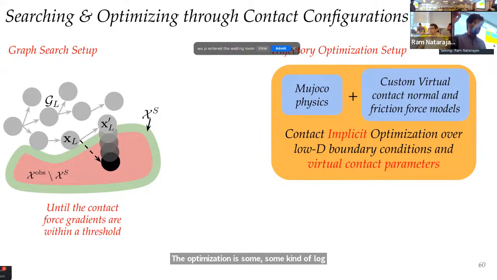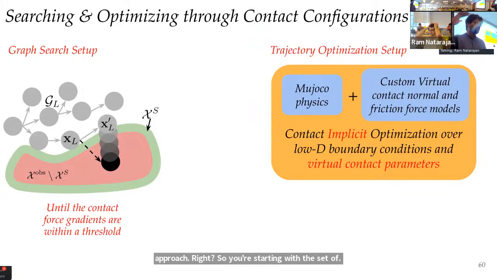And basically the optimization is some kind of log barrier style approach, right? So you're starting with the set of parameter values that help you converge earlier on, but then you're also optimizing for the value of the parameter simultaneously, so you're penalizing them to drop. Yes, yeah. Okay, I think I would probably second Russ on this, and that like, you know, again,